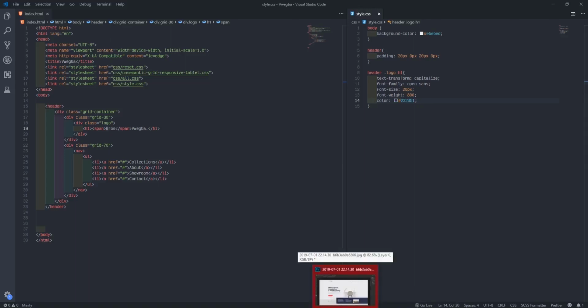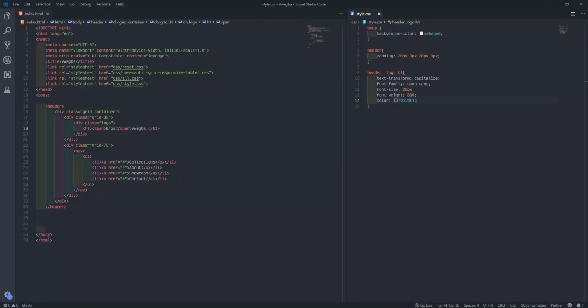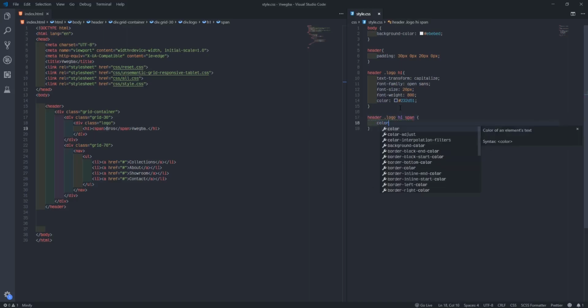Then the next thing I'll do here, refresh. Okay, we don't get this one. So now we'll get to color this one. That's the color that time now you see. But in fact, let me just copy the color out first. Ctrl C. Take them back. So by the time I come here now, if you see header dot logo h1 span, you get. Then if you see color hash this now.